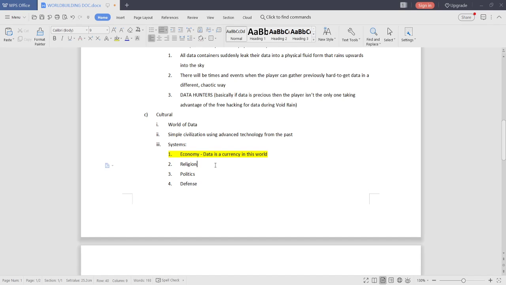So right now we're establishing which systems we want to explore in the game. I think economy is going to be a fun thing to explore, and which systems we don't necessarily want to explore. Now, religion, I'm kind of interested in religion from an alien eldritch god perspective.